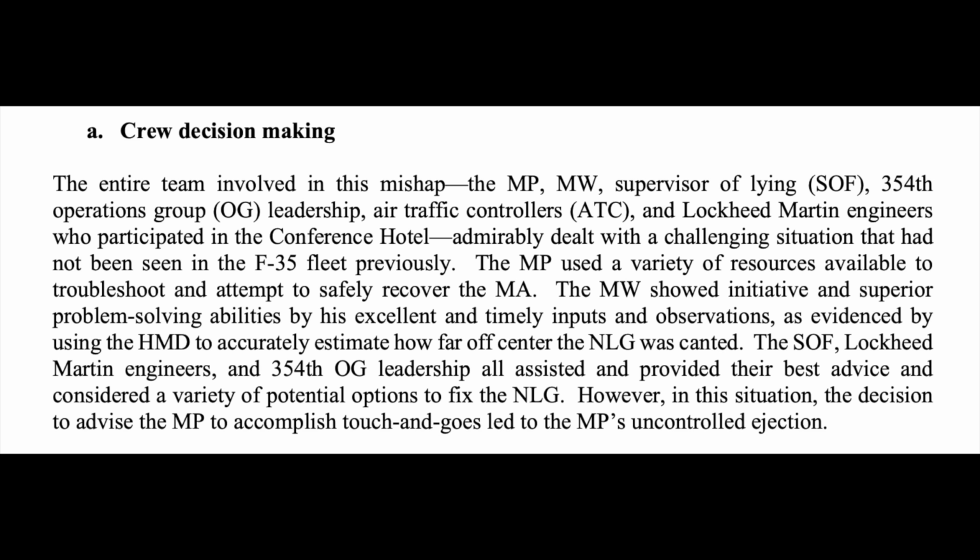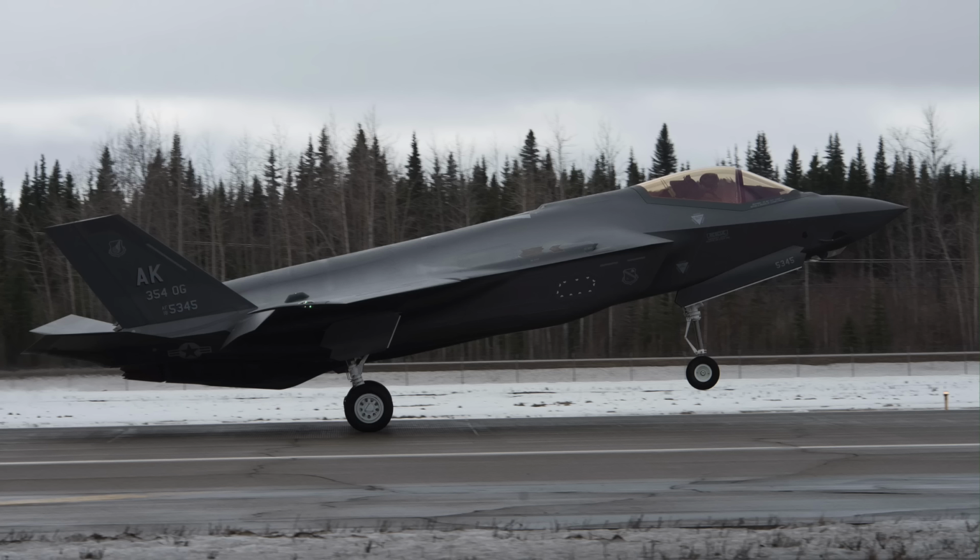Colonel Lewis continues, the entire team involved in this mishap, the pilot, the wingman, supervisor of flying, the operations group leadership, air traffic controllers, and Lockheed Martin engineers who participated in the conference hotel admirably dealt with a challenging situation that had not been seen in the F-35 fleet previously. However, in this situation, the decision to advise the mishap pilot to accomplish touch and goes led to the uncontrolled